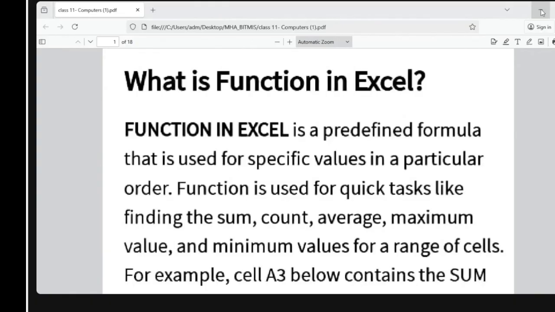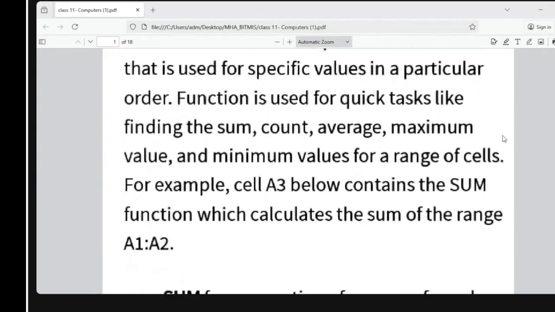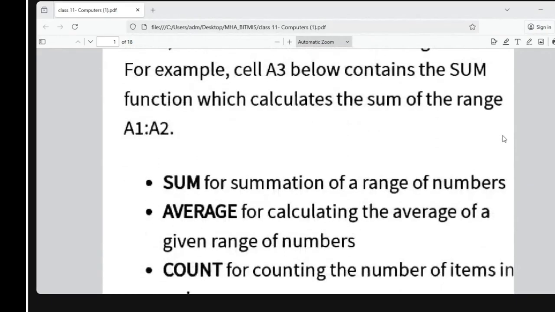Functions are used for quick tasks like finding the sum, count, average, maximum and minimum values for a range of cells. For example, suppose cell A3 contains the sum function, which calculates the sum of a range. I explained that this is the cell address, from A1 to A2.